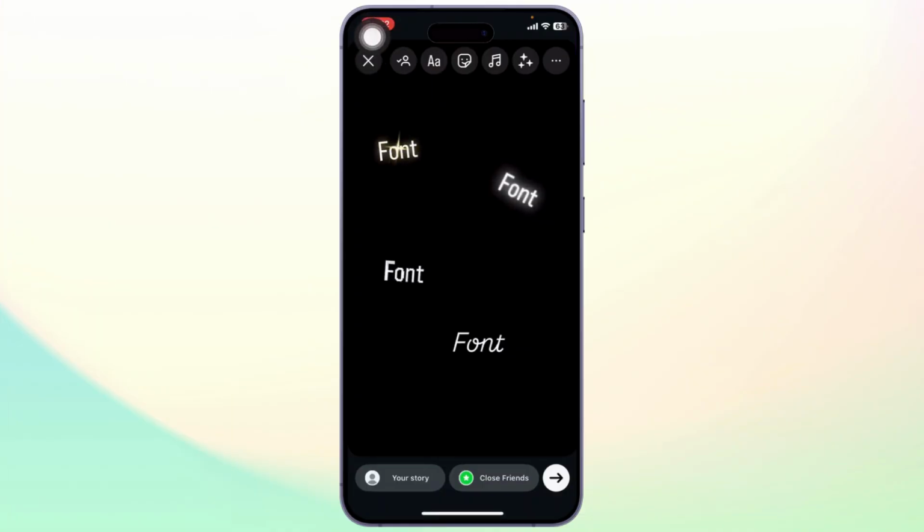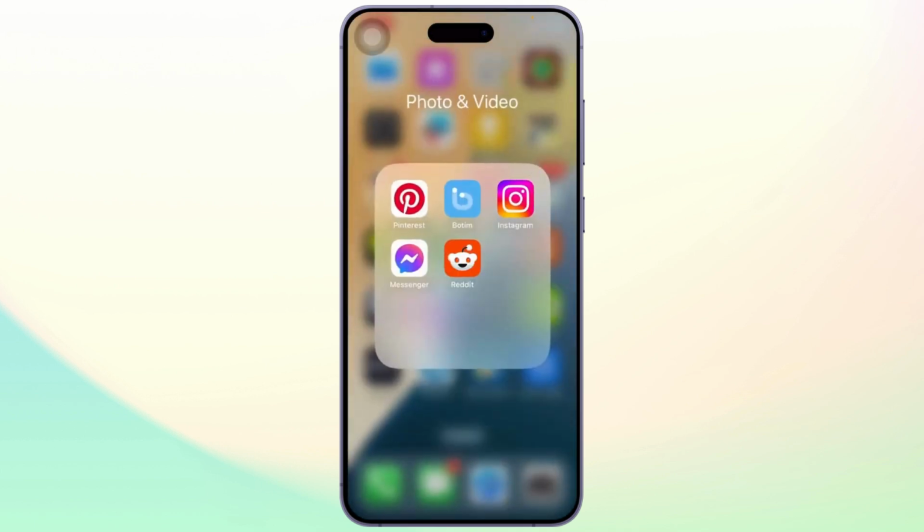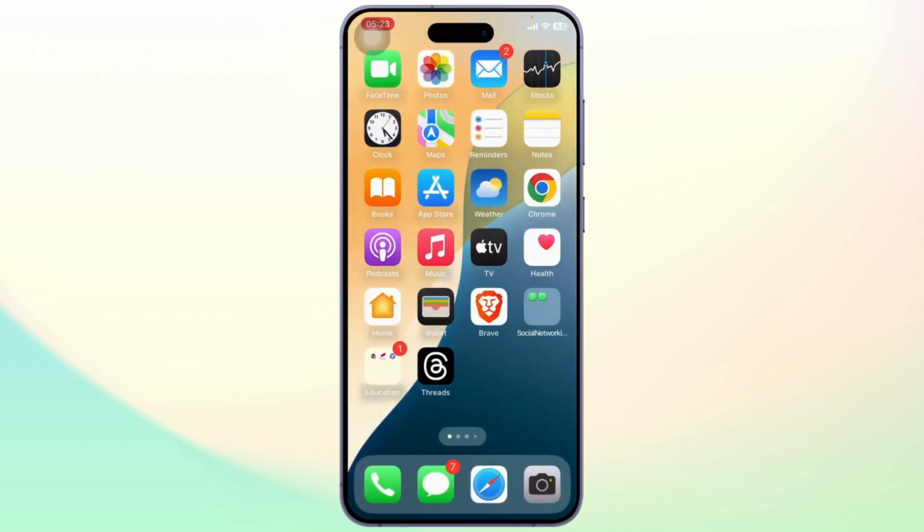In today's video, I'll teach you guys how you can fix Insta's new stylish font not showing in your Instagram. So let's get started. So the first thing you will need to do is make sure that your Instagram is